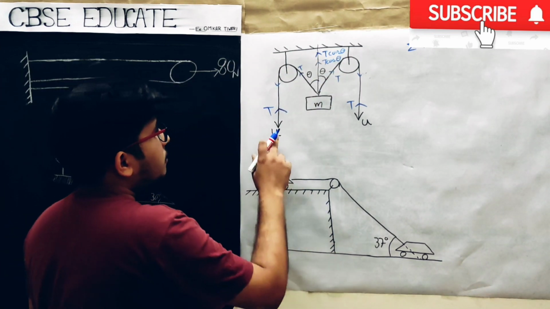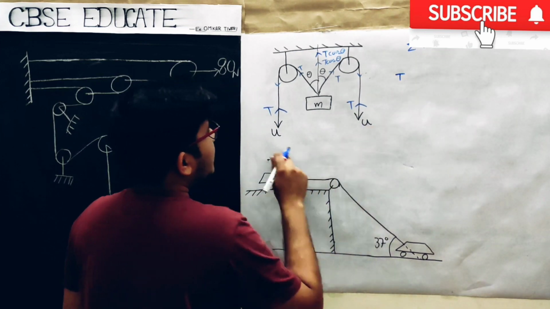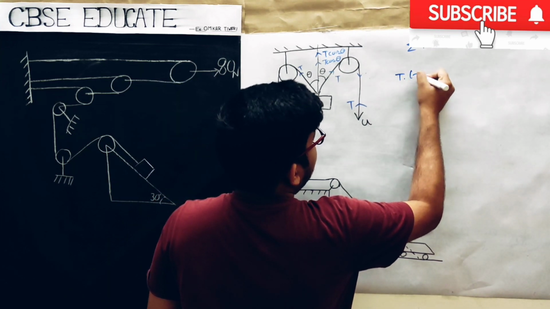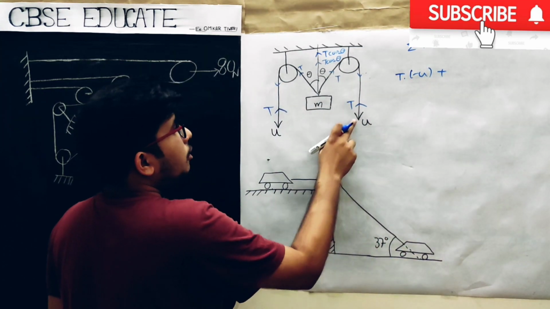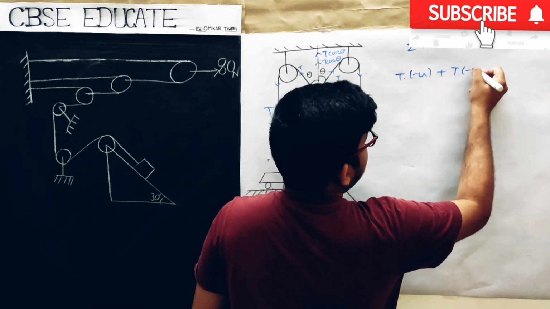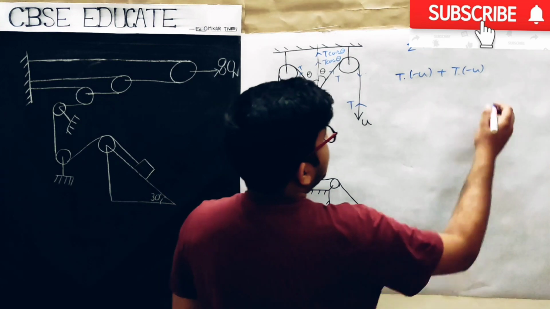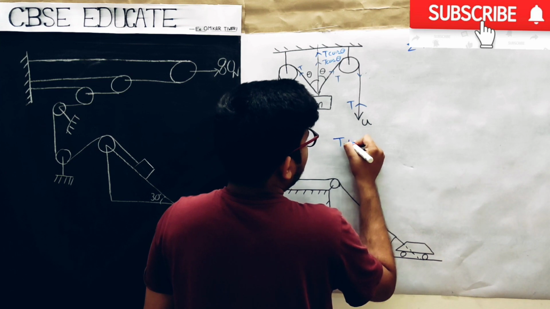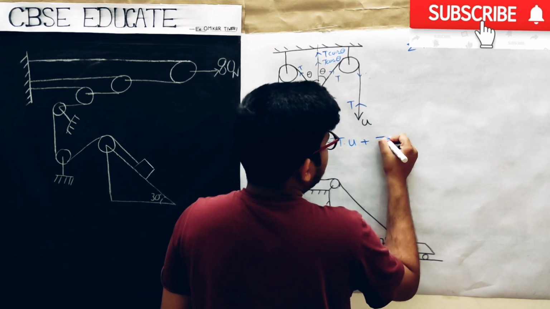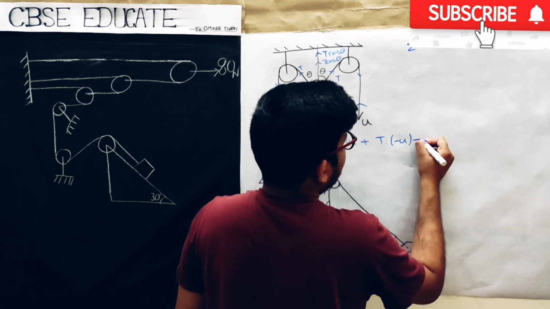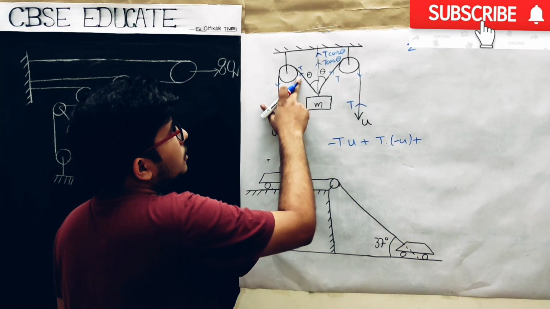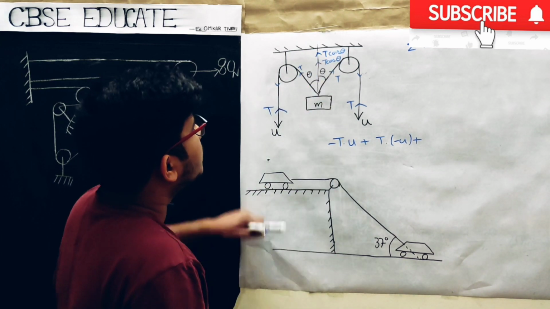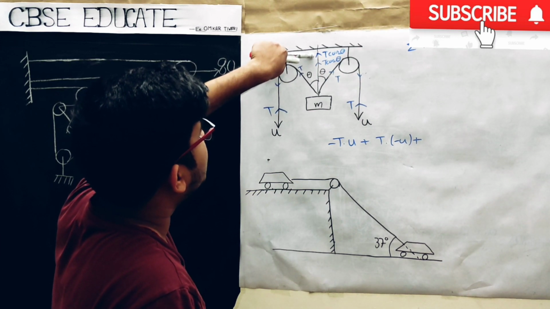So now first considering this one. See, T and the U is in opposite direction of the T, so you will write T dot minus of U. Same over here, T dot minus of U. Now plus, wait, I will write over here. T dot minus of U plus T dot minus of U. Now plus, if I talk about this tension, then I have to take the component over this thing. So this is T cos theta.